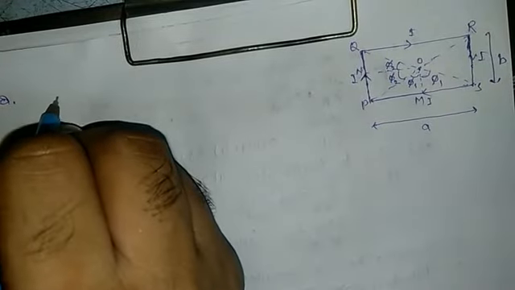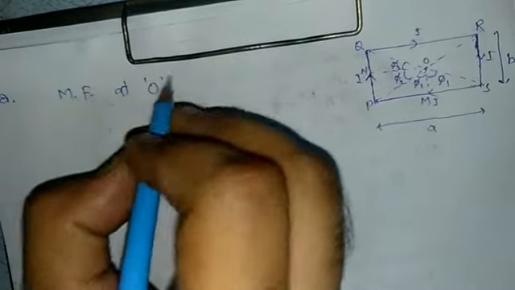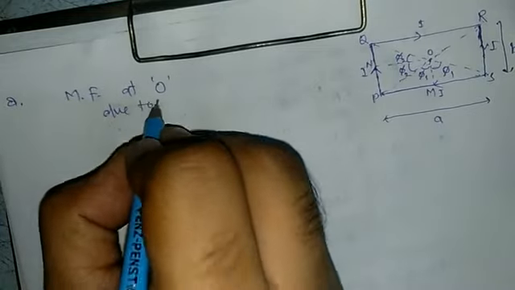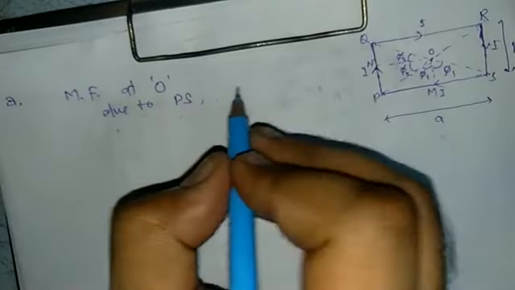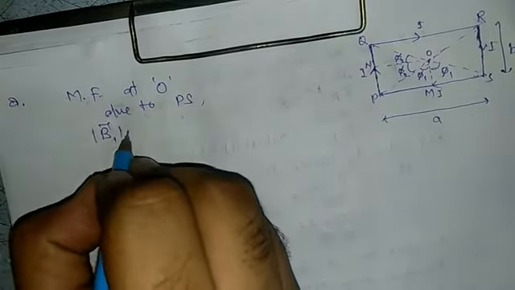Now we can calculate the magnetic field at O due to the SP segment and the PQ segment. Let us see. Magnetic field at O due to PS, we can write it as B1 equal to